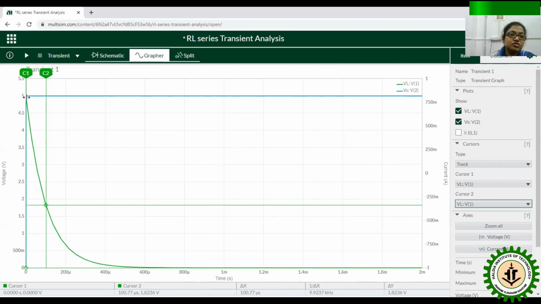The voltage curve is the decaying curve. Initially its value is maximum, and then it goes to zero. Finally its value reaches zero. So the initial value, the maximum, you can see is 5 volt only. And here what you have to do is find